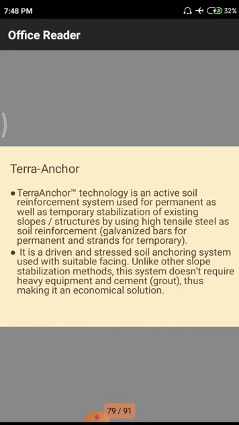Normally, in a few cases we have to go for temporary stabilization. We have to observe these particularly whenever there is construction of a road. For that purpose we utilize some portions of the roads for diverting traffic. In those cases we have to go for temporary slope stabilization. Okay, this is the importance.